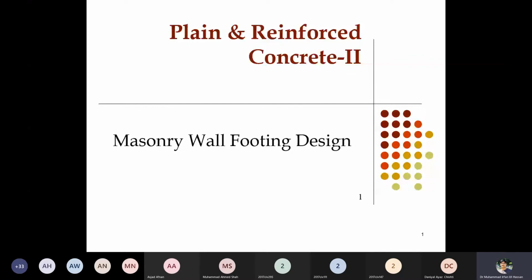Today, continuing with the design of the foundation, the next type of footing that we will discuss is masonry wall footing, because in the field we can definitely see many masonry structures. It can be brick masonry or stone masonry structures, where the connection between the superstructure and the foundation pad is not monolithic like an RCC footing, but you have to transfer the load through the mechanism of spreading